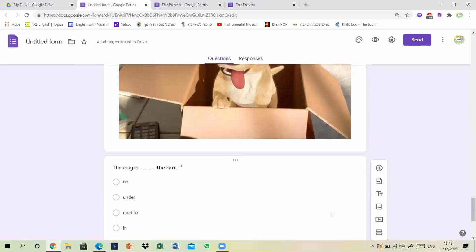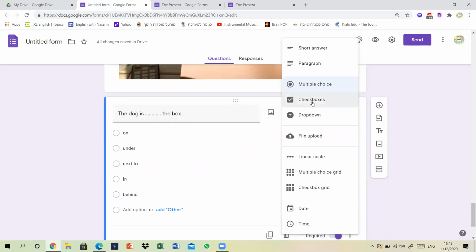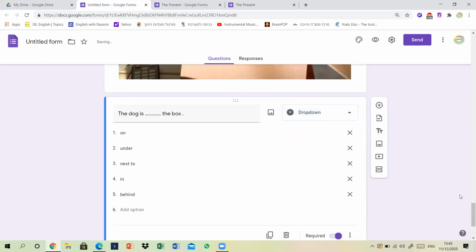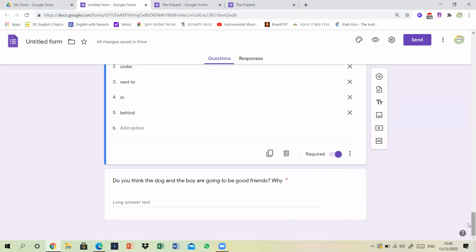Let me just actually do that here, and I could change this into drop down, for example, and then instead of clicking the correct answer, it would open up in a different way. And I'll show you in a minute what it looks like. And again, if I